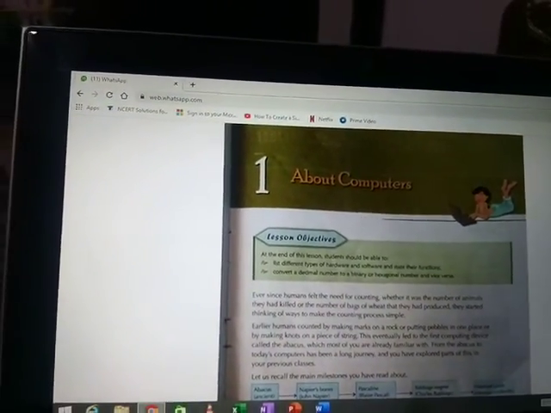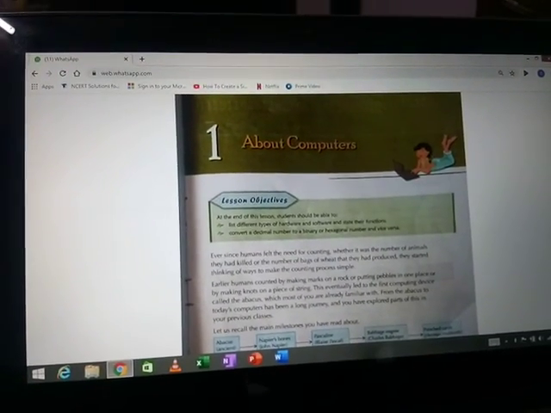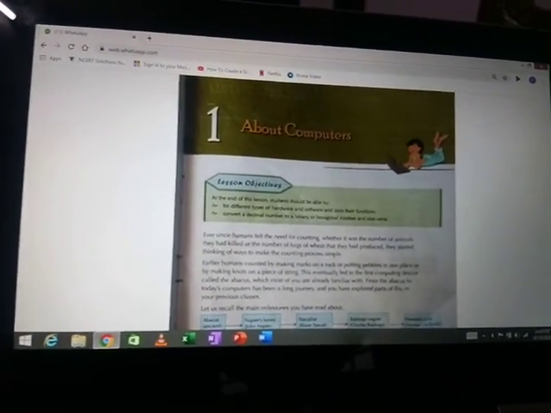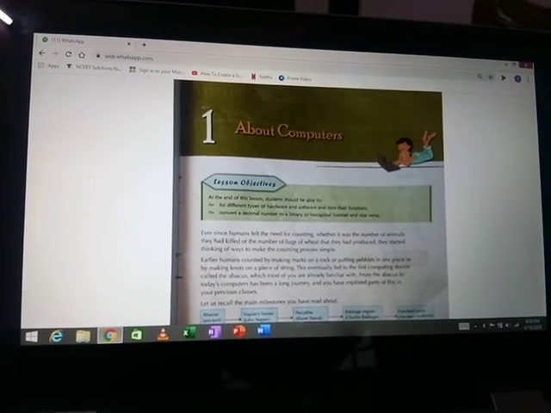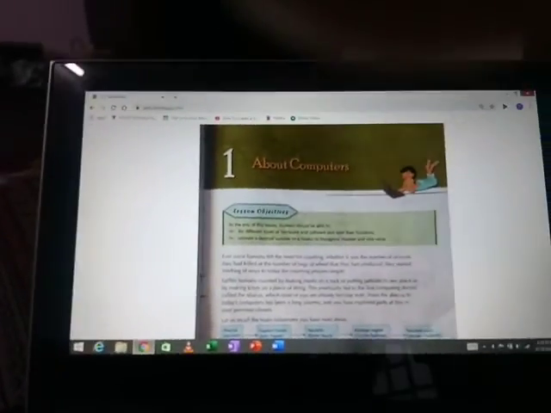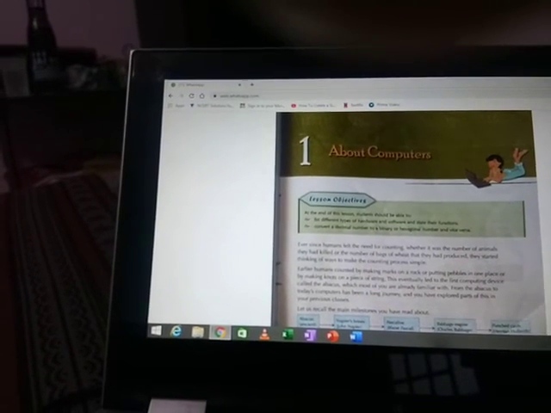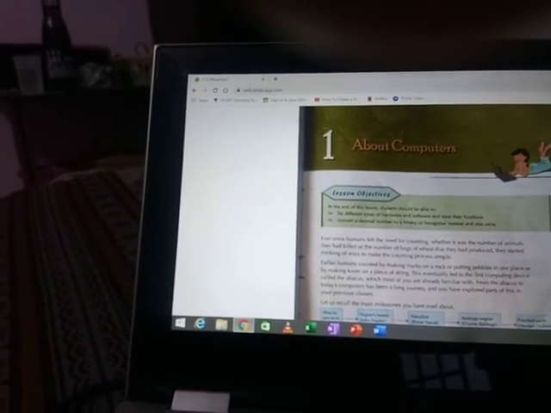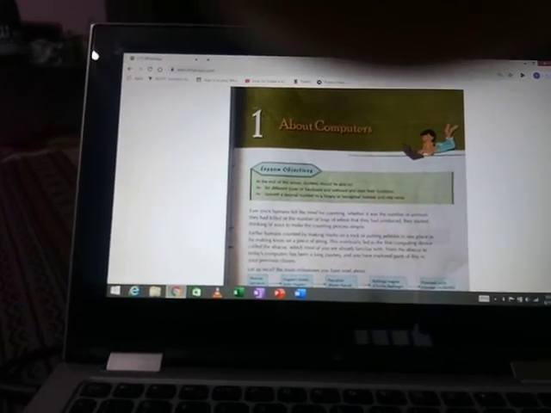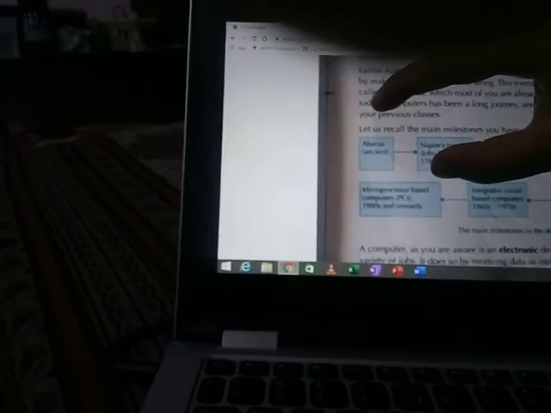Eventually they found one more way to count: they used strings. In the strings they put knots. If they saw one animal, they put one knot. If they saw the next animal, they put the next knot. If they saw the third animal, they put the third knot. Like that they used to put knots in a string. So the first counting process is putting a mark on rock, and then it leads to a string with knots, and then the string with knots led to the first counting device, which is nothing but the abacus.